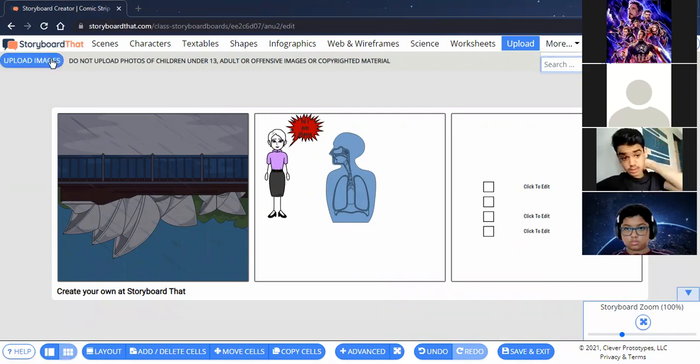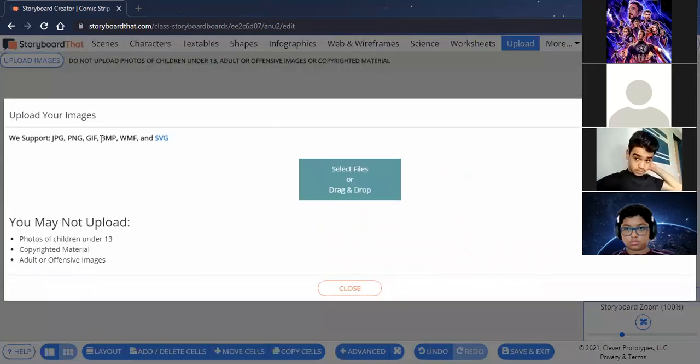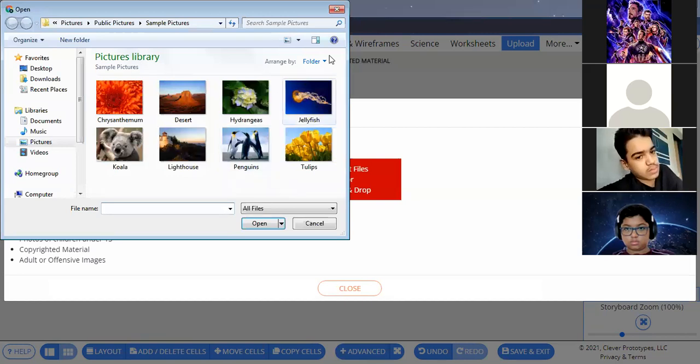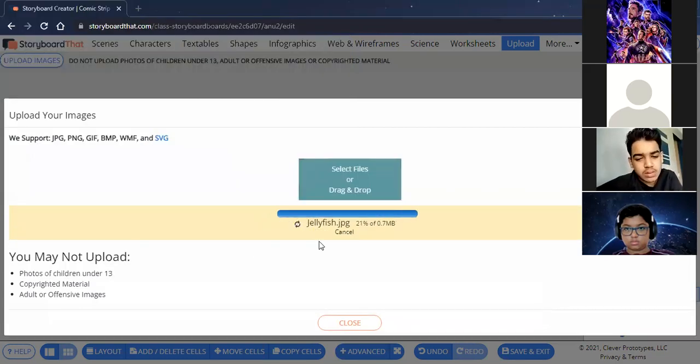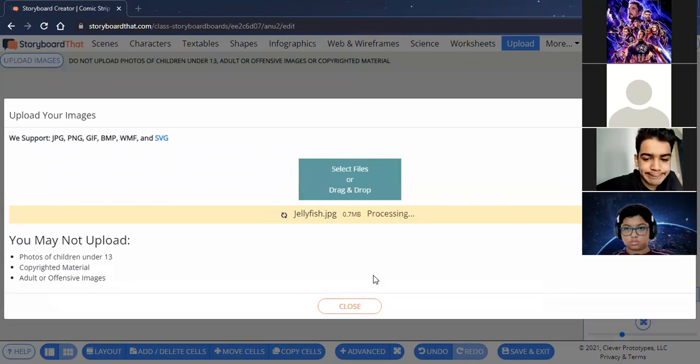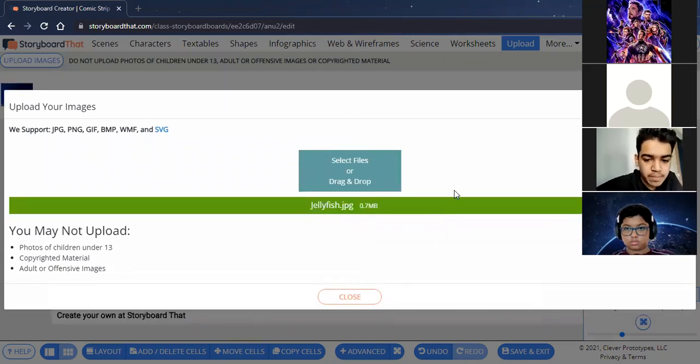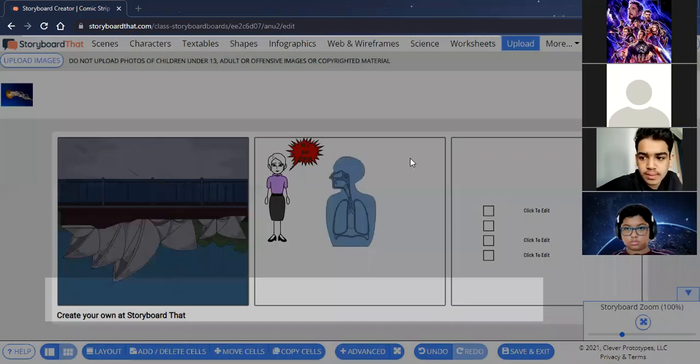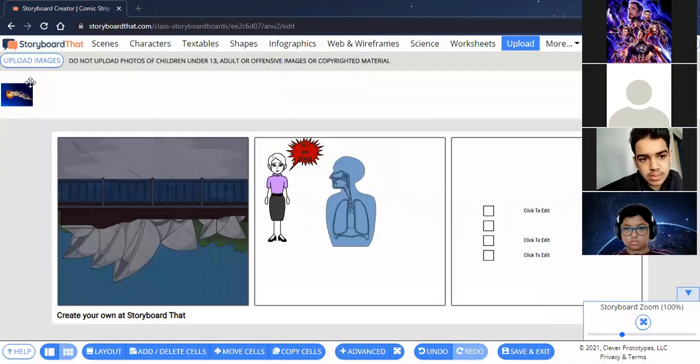If I'm going to upload, I can upload images and select the photograph. I can take any photograph from my device, and as it becomes green, my photo is available over here. I can drag and drop the photograph over here.